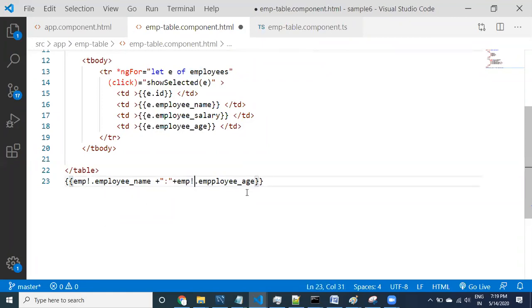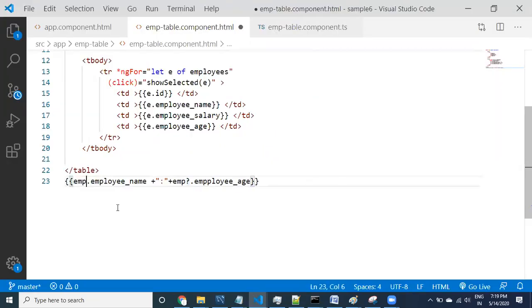Provide the question marks, this is the Elvis operator. The question mark is going to control your undefined or null objects. Otherwise, if you don't provide this and it is a null object, it will throw errors. That's why when you are dealing with objects in Java, you have to do a null check, that is, not equal to null.